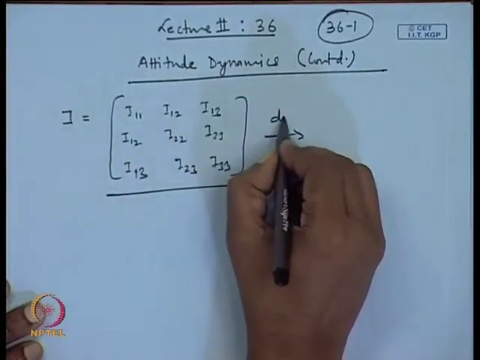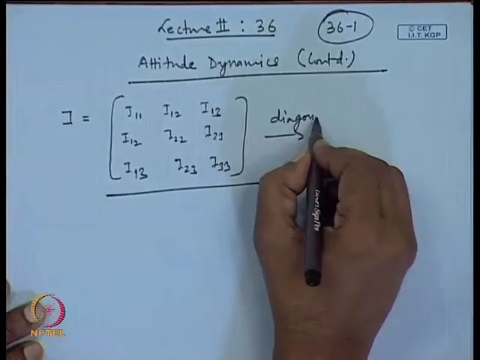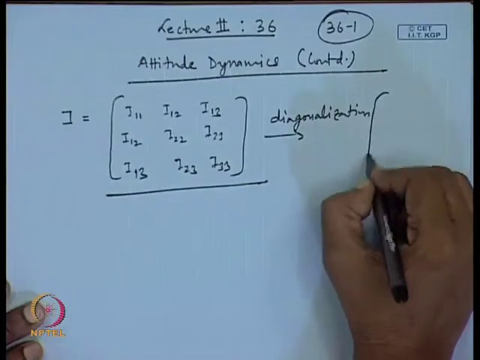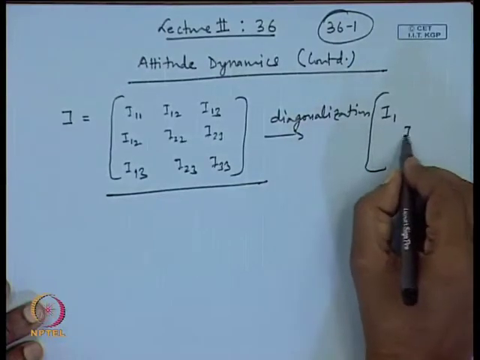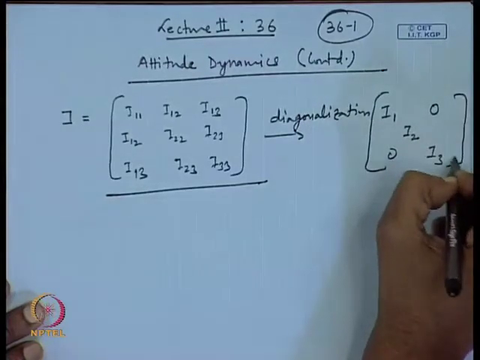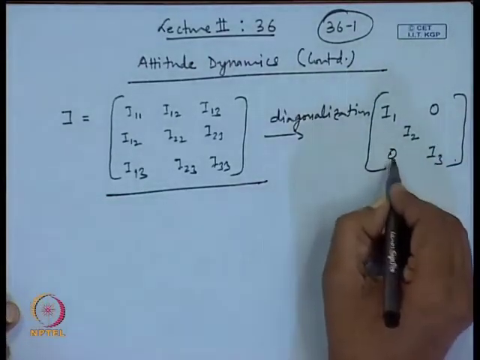If the diagonalization is done, the off diagonal terms become 0, and therefore we get